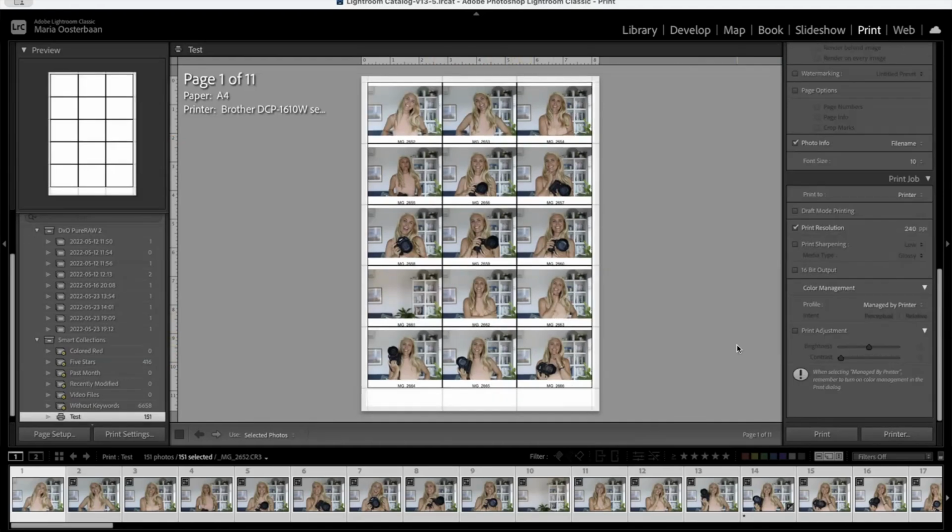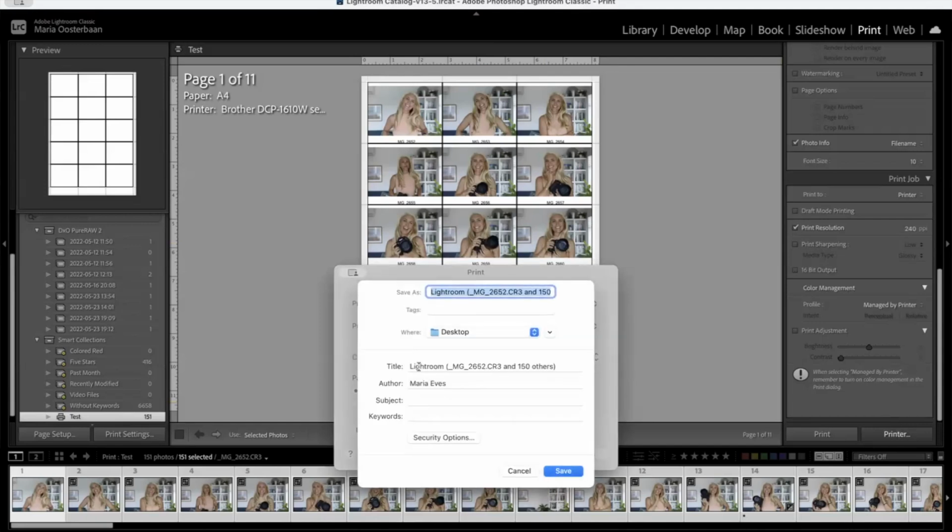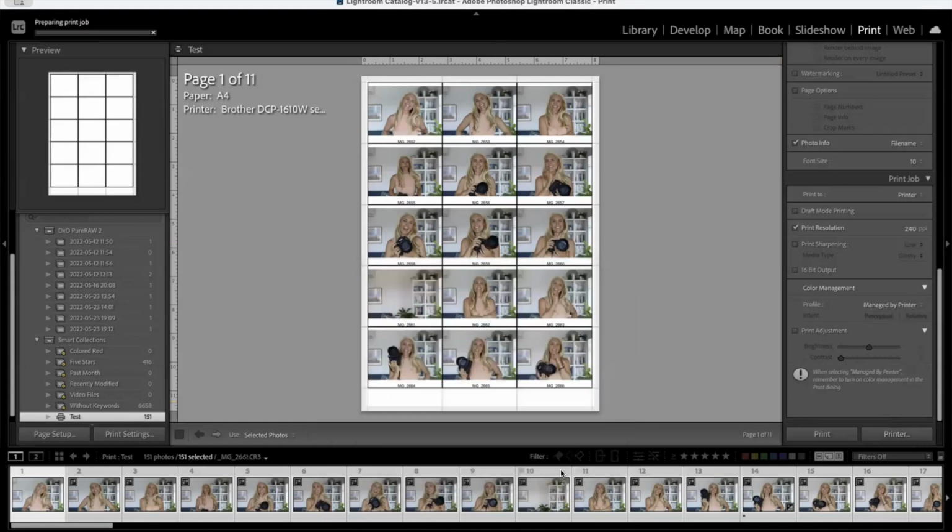Okay, so now we're ready to export our contact sheet. We go down here to the bottom right to Printer, and then down to the bottom left here where it says PDF, and click the little arrow and go up to Save as PDF. Then we'll type in test contact sheet here, and I want to save it to the desktop, and that's all good. So we'll say save,